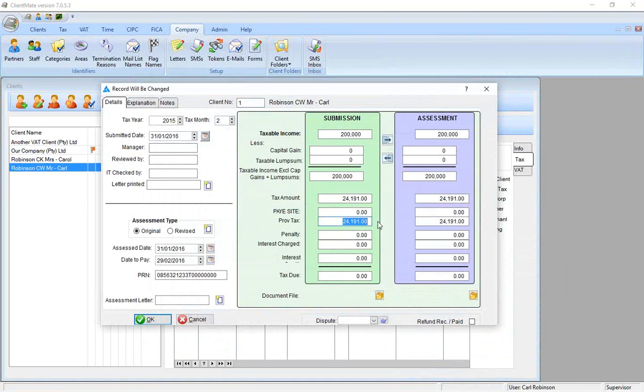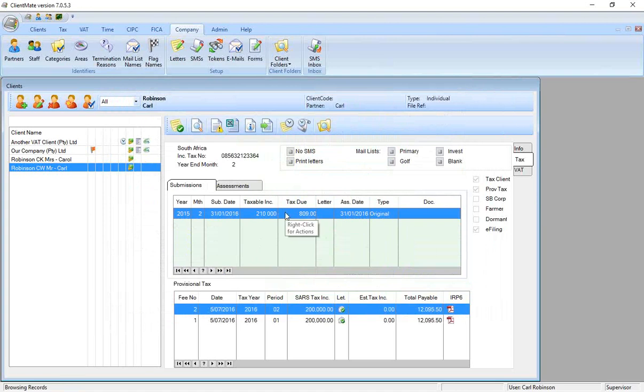Let's say on this client the tax came out to being a bit more than was initially anticipated, and there's a little bit of tax left to pay. We would then complete this, click on OK,